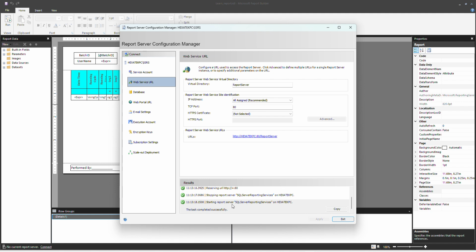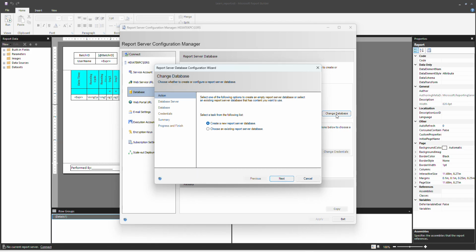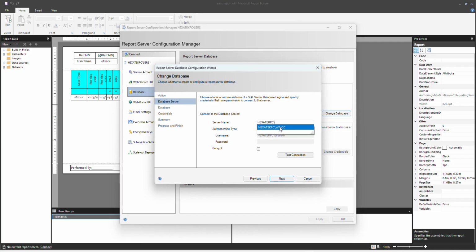So once it is completed, we have to click on the database and we have to click on the change database. So here we have to select create a new report server database, click next. Here our server is our PC name \wincc. So whatever our server name, we can